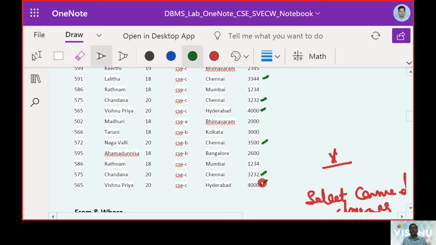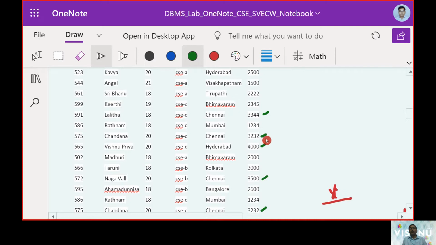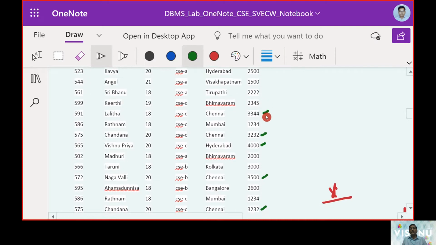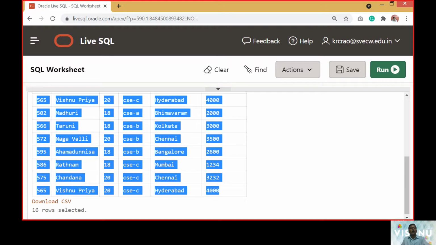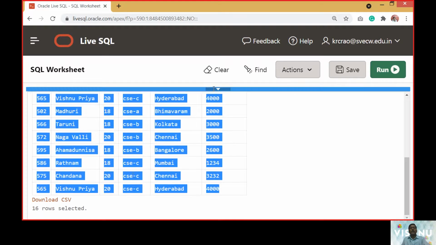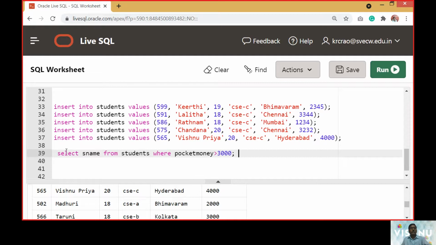So we are expecting 6 rows to be returned when the from and where clause statements are applied in this case.